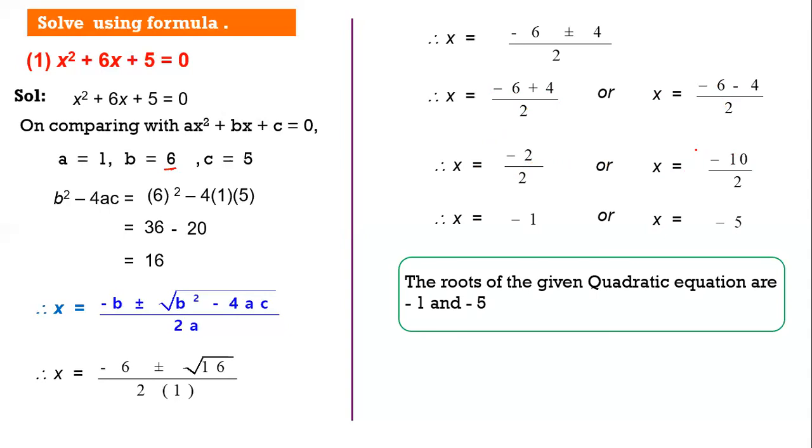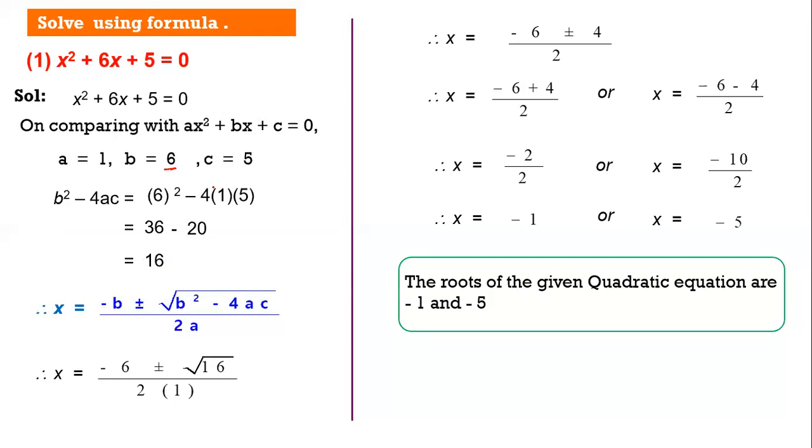Now students, there is a possibility that we can get b square minus 4ac negative. Now if b square minus 4ac is negative, this value is going to go under the square root sign. So if there is a negative sign under the square root sign, it becomes imaginary number which is not there till grade 10. So if it is negative, we can straight away say the roots are imaginary, and we will stop the sum. We will not even use the formula. We can stop it here itself. So I hope this basic sum of using formula method is understood.